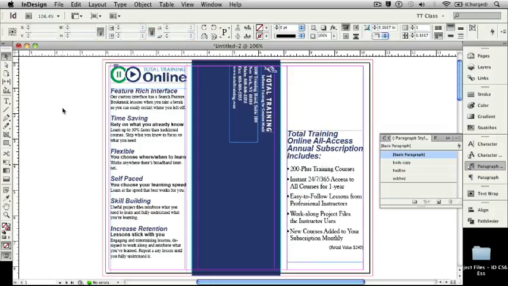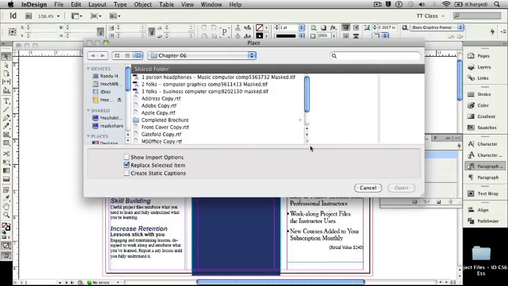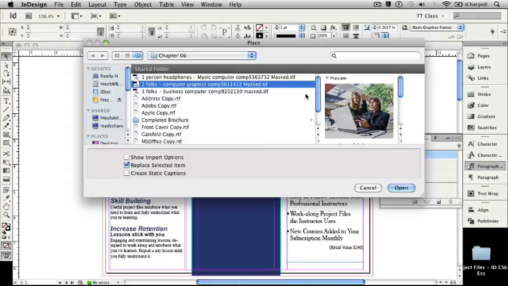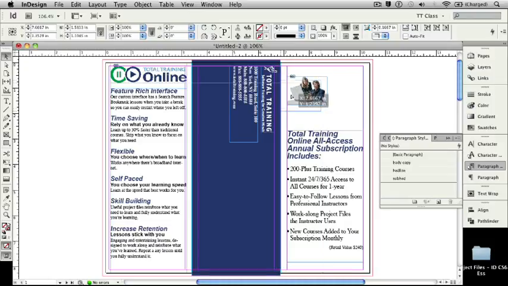Now I want to place a couple of graphics. I'm going to go Command D, and I'm going to grab a graphic here. The one I want is 2 volts, computer graphics, etc. masked. When I open it and I place that graphic down, you'll see that there's no background really loaded into that. I'm going to move this over here